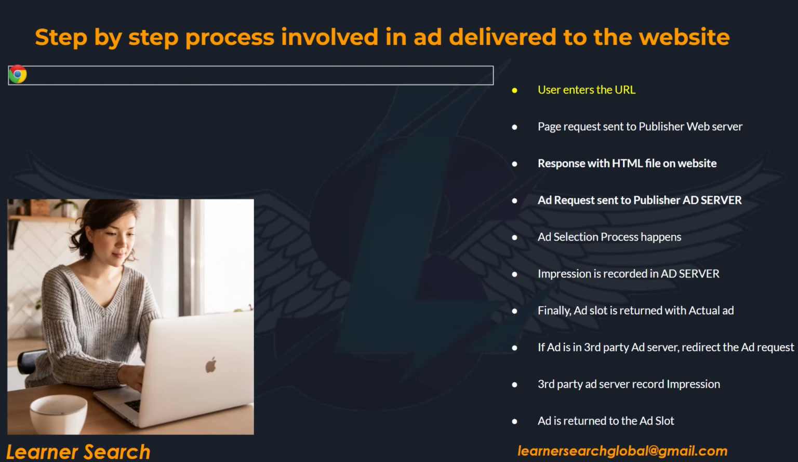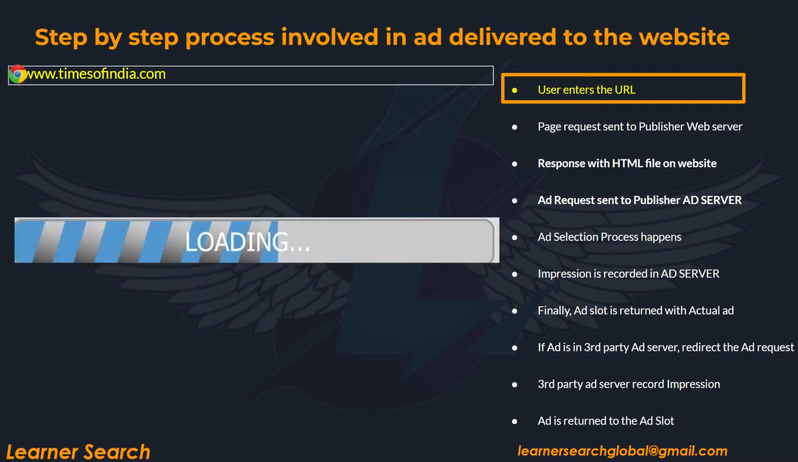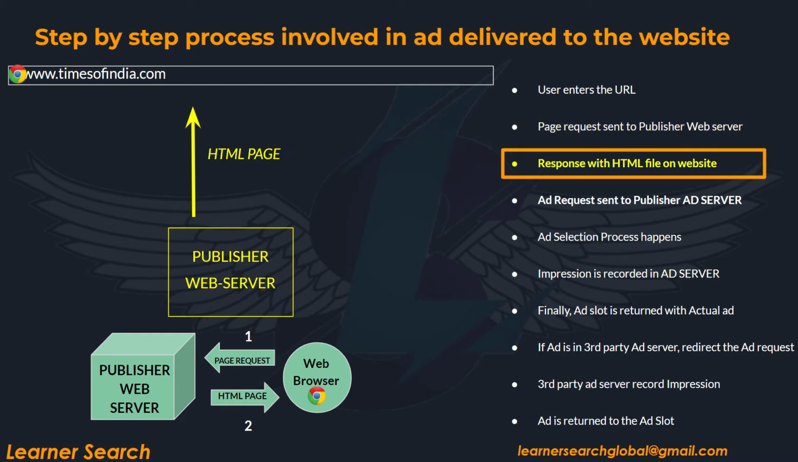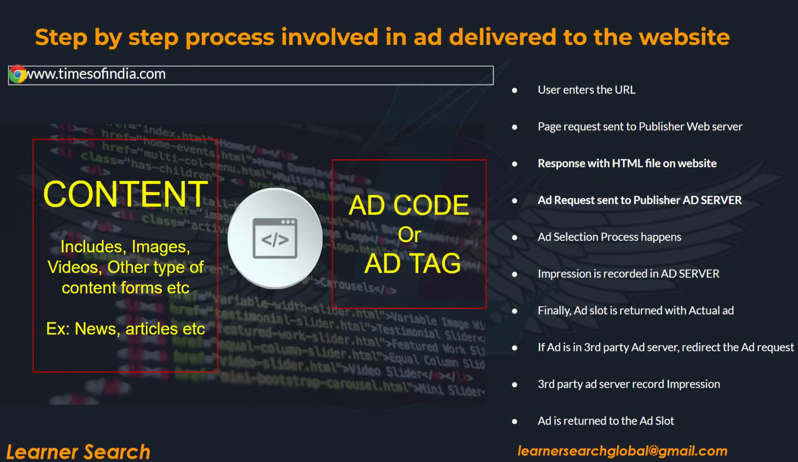In this video, I will take a closer look at the step-by-step process involved in the scenes behind an ad being served to the publisher website. When a user enters a website URL in the web browser, it begins to load. Then, the browser sends an HTML page request to the respective publisher web server. The publisher web server receives that request from the browser and replies with an HTML page with a media content file